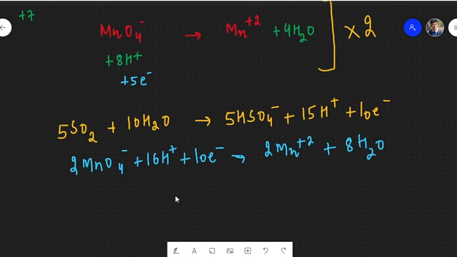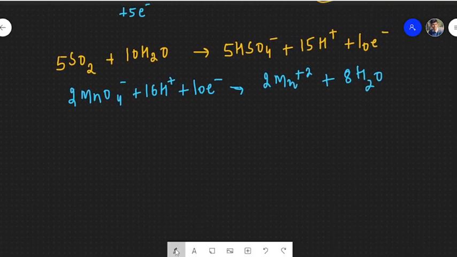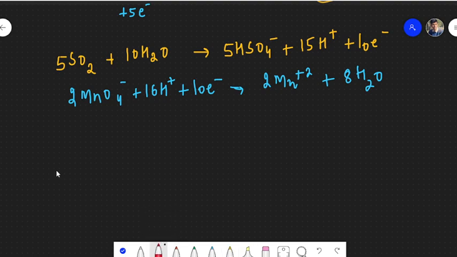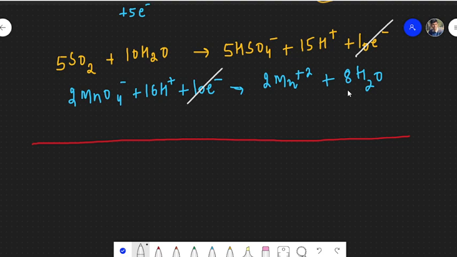So let's add these two equations carefully because it will be a cumbersome addition. One thing is absolutely clear: these 10 electrons will get cancelled out with these 10 electrons. This 8H2O is going to make this 10H2O into 2H2O, that is for sure. This 15H positive is going to make this 1H positive. So everything is looking fine. So let's write this: